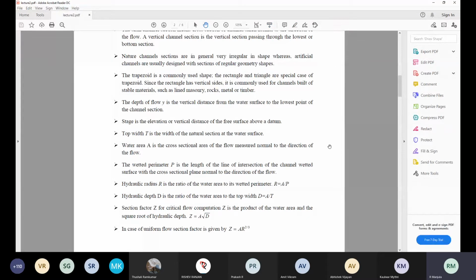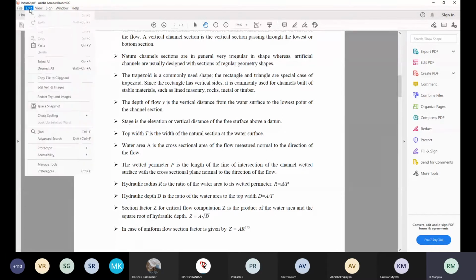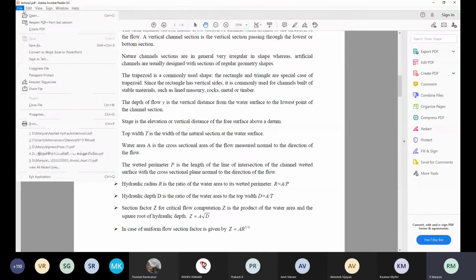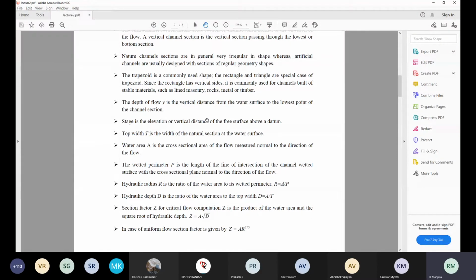Drawing tools are not available here. Okay, I'll draw it in some other way. So here the wetted perimeter, suppose for a rectangular channel, you can have a wetted perimeter as